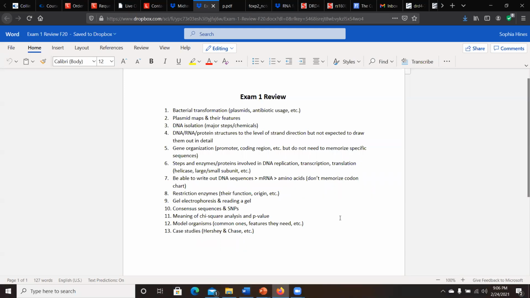Just that I'm going to give you a plasmid map and say, if you digested it with these enzymes, what size fragments would you get? Okay, now draw your answer on this gel, and you need to be able to put lines at the appropriate size.